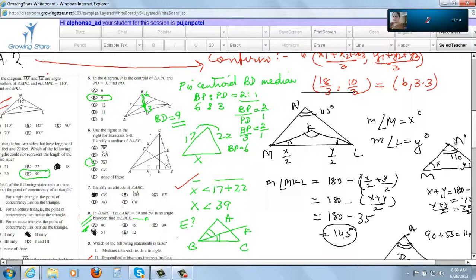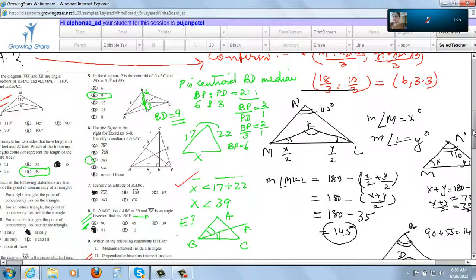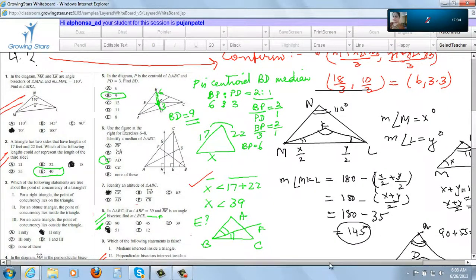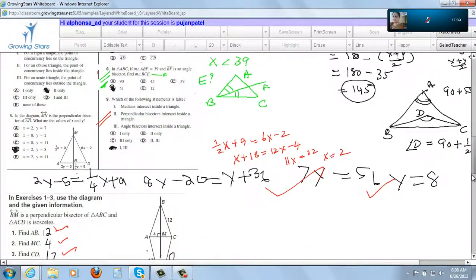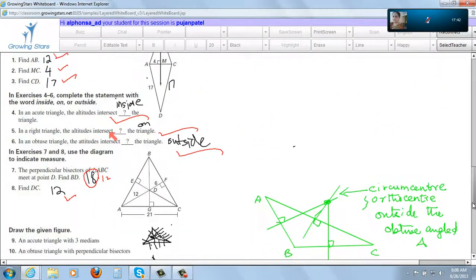Okay, the next one. Which of the following statements is false? Again, this we have done, isn't it? Yeah. We did. Okay. And this one you did very well. All the questions are answered correctly. So we'll stop here with this homework. You can continue and finish off the rest of the worksheet. Done well. I can see that you enjoy such worksheets. Rather than having one single topic, you like to have a mixture of them, isn't it?